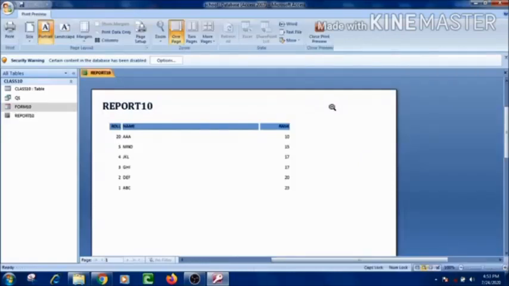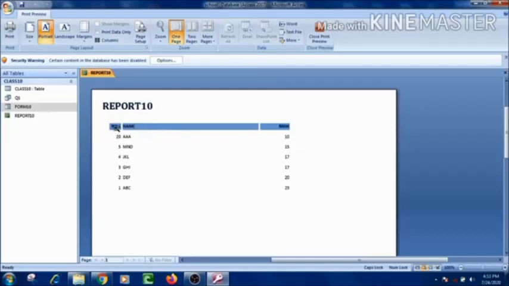Now this is the report of the table class 10, and all of you can see that report 10 is displayed at the top. Why is it so? Because it is the title of the report and we have given the name there as report 10.